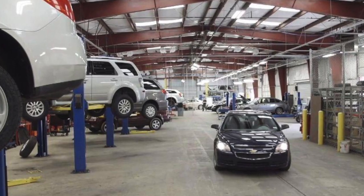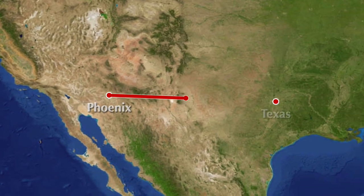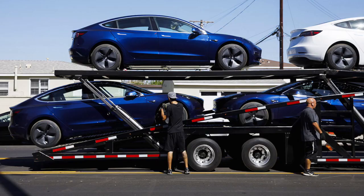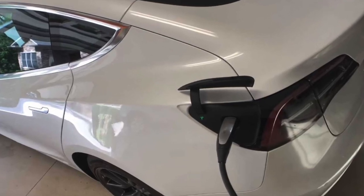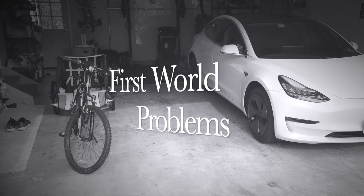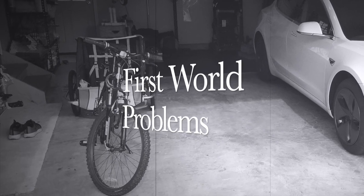So needless to say, the inspection center said it was plugged in, but on its way over to me, it stopped in Texas and the battery was dead. So that increased my delivery time to 4.5 weeks. And it was stuck in Texas for a week just to get charged because the initial delivery center didn't charge it. I know, first world problems, we are stuck with one car and a bike,